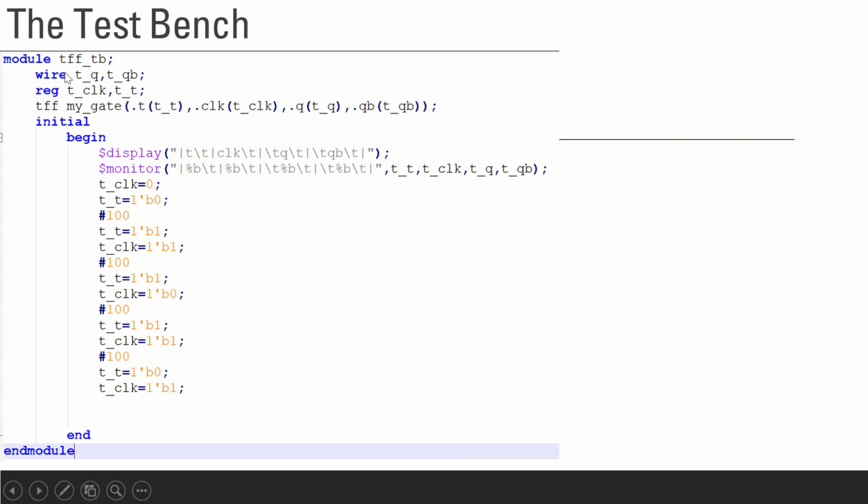As usual, I created a module and I have used wire and register appropriately for the input and output. And I have created an instance. I have instantiated from the previous file, and now I begin it. I have got a display. This is to get the output in a neat format, and I have used monitor. Whenever there is a change, we will get it updated. Now can we go into the system where we can give the inputs and test?